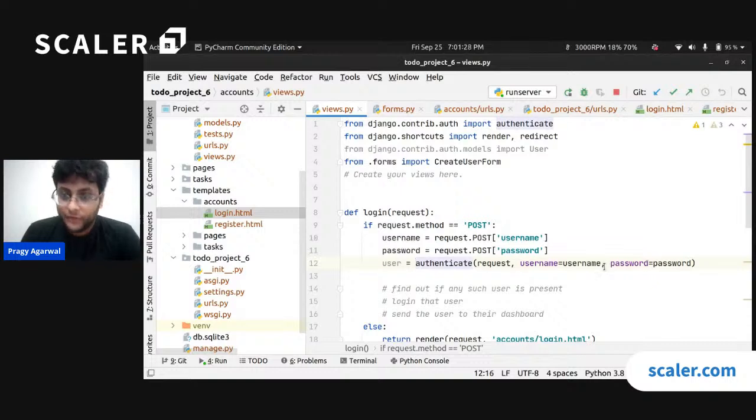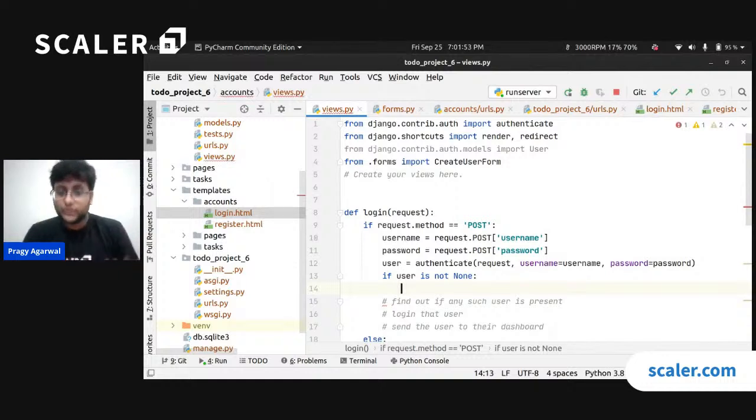So authenticate does not log the user in. Authenticate just tries to check if there is any user with this username and this corresponding password. If the user exists, then please return me back the user. All right. So it could be the case that any such user does not exist. So authenticate will either return me a user object or it will return None. Right, so I will have to come over here and check if user is not None. So if the user is not None, then yes, some user was available to me, and now I have